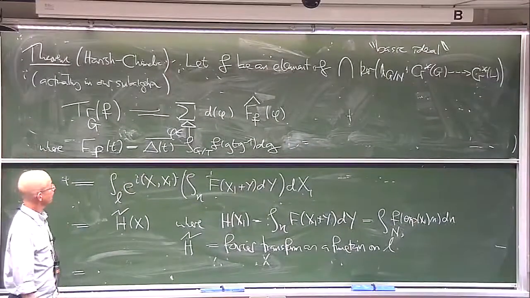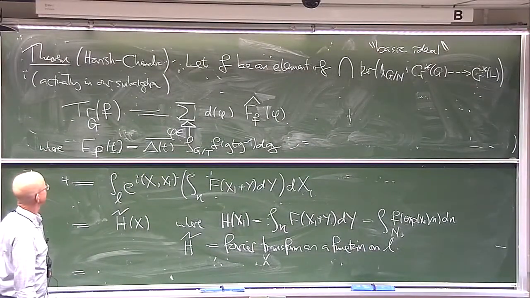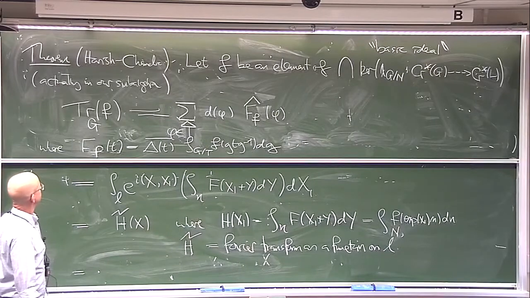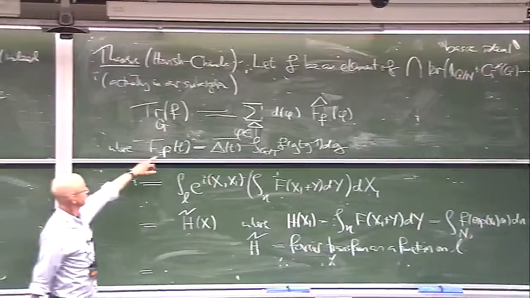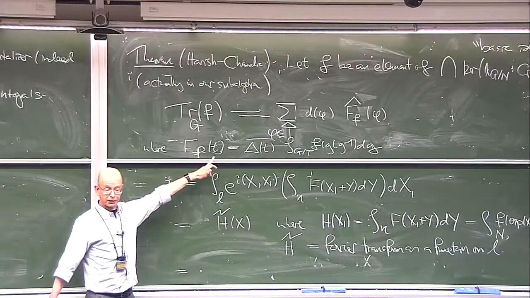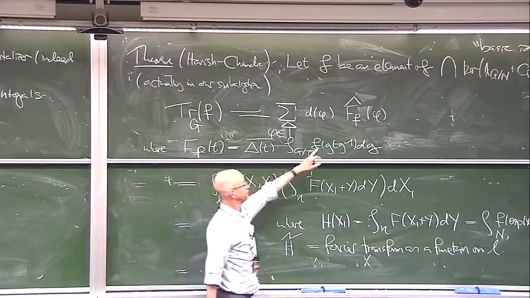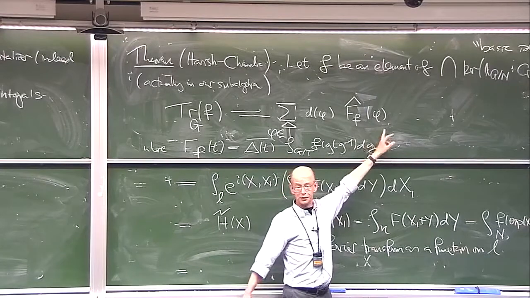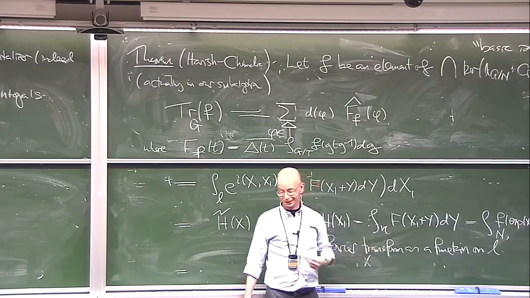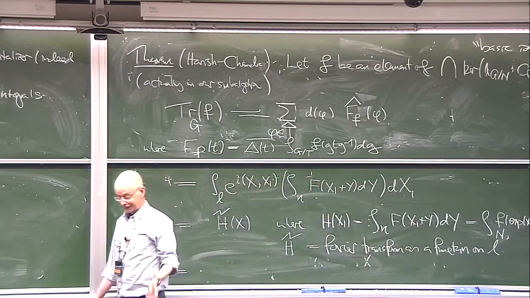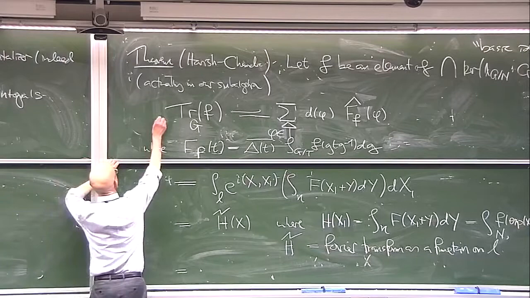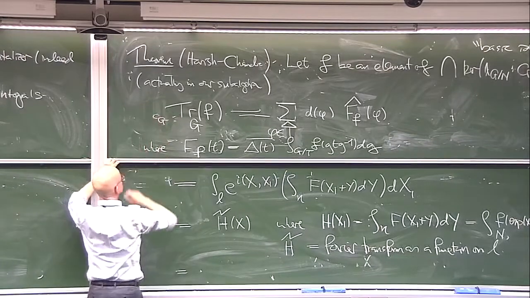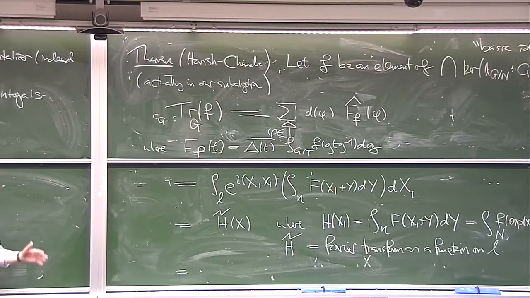Is that f or hat? What would you choose? This is F sub f. Everything is, amazingly enough, correct. Yeah. This is a function on the torus, a function on elements in the group G. This is a Fourier transform of that function. So its argument is a sort of abstract thing. It's a character, an n, if you like, in the theory of Fourier series. This is Harish-Chandra's transform. There's a constant, which you can make go away by